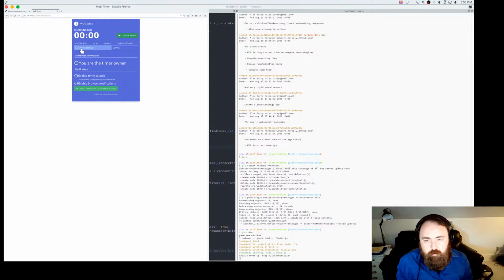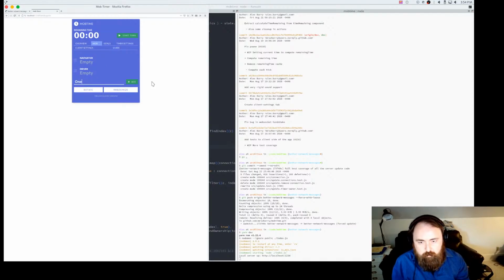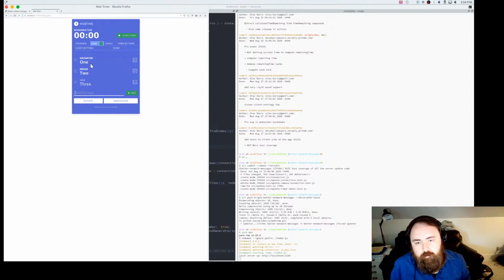So with a 1 minute timer with no other connections. Let's add some mobbers in here too. So 1, 2, and 3. So basically when the timer is done, we should see these guys rotate. Now unfortunately I designed it so it was not possible to do less than a minute for a cycle, which makes a lot of sense. I don't think any mobbing team would want that, but it sucks for testing.